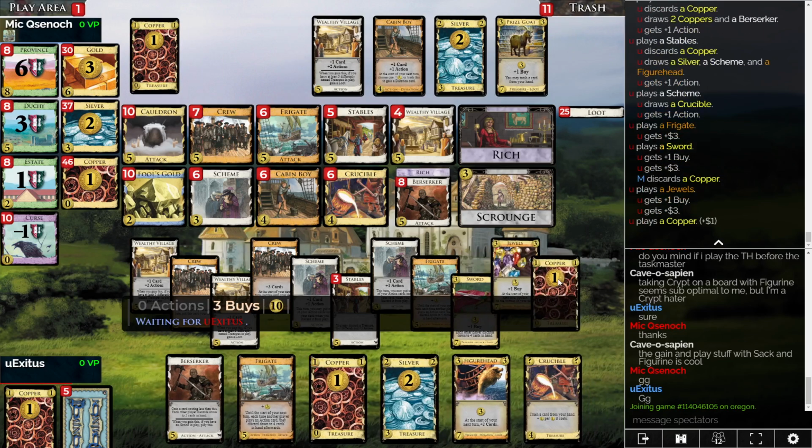I don't know, you might think about trashing Figurehead. 17, no, that does absolutely nothing. Keep Figurehead, trash the copper. I'm just making stuff up. The Figurehead's useless, but a gold that durations is better than a copper in any case. You might be wanting something that isn't Figurehead, but